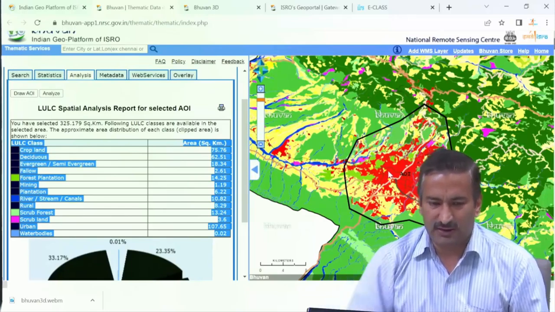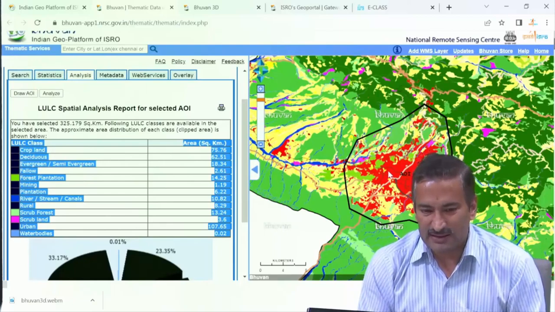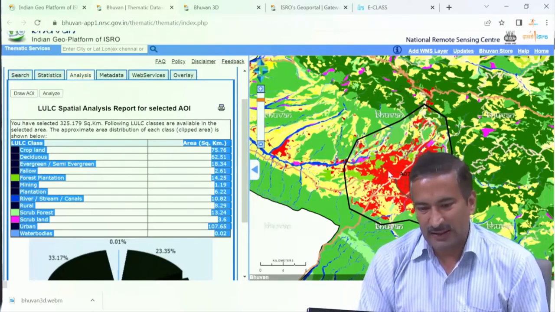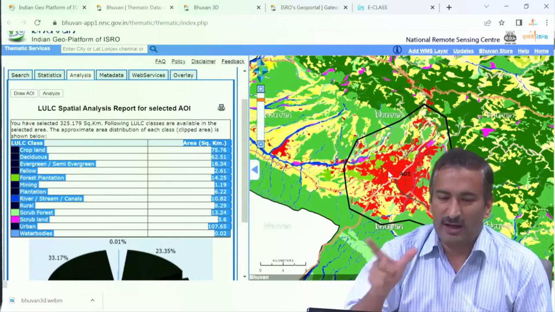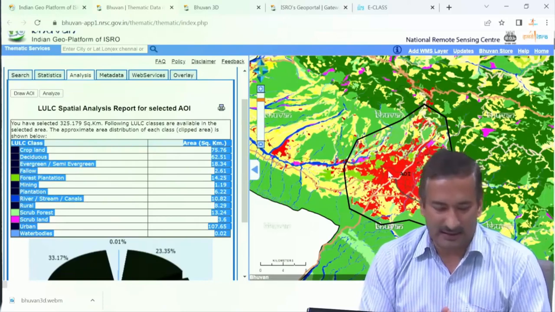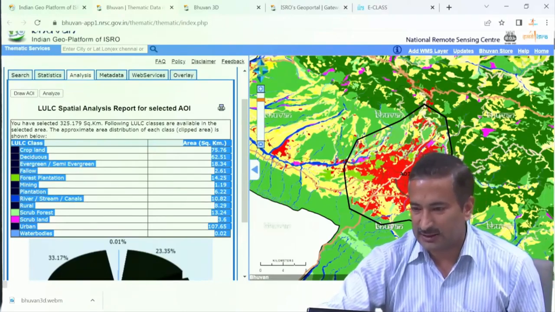So these were the 3 experiments which we have done. First was the measurement from the satellite images, second was the 3D visualization creation, and in the 3D visualization we also created a profile of the elevation, and the third experiment was a small change detection. So this change detection is done. So these are the 3 experiments.